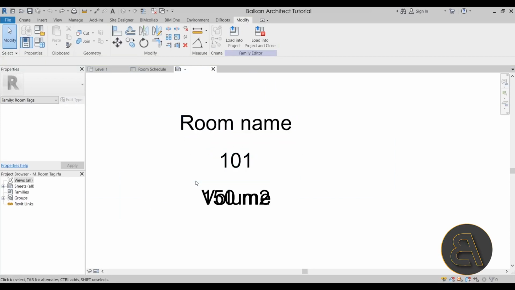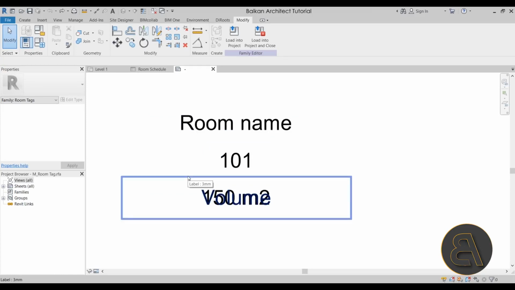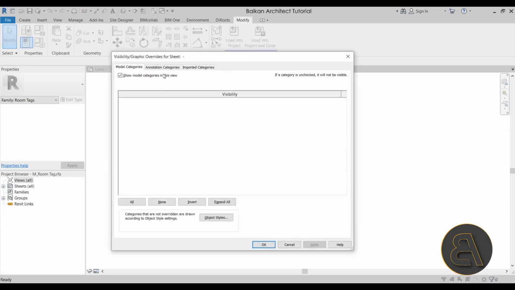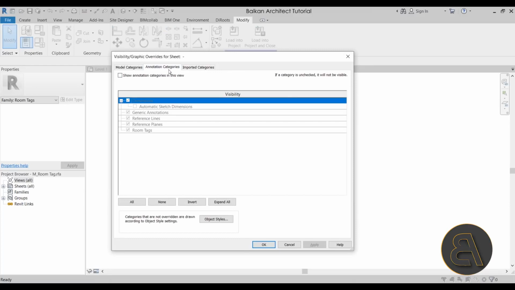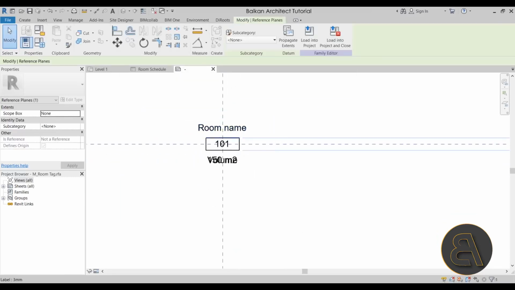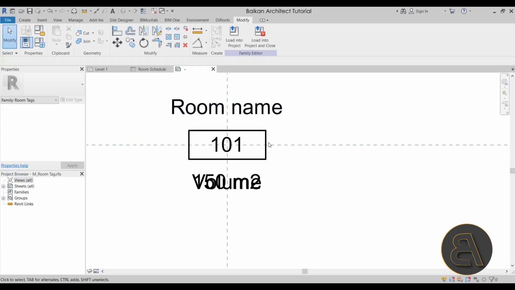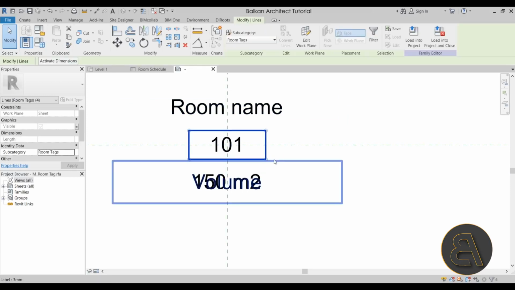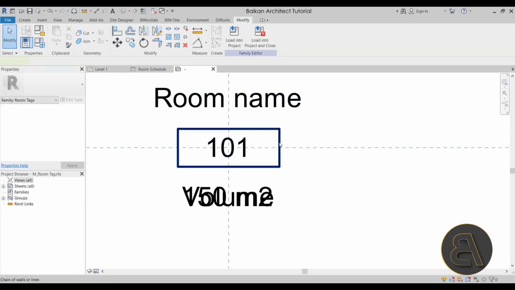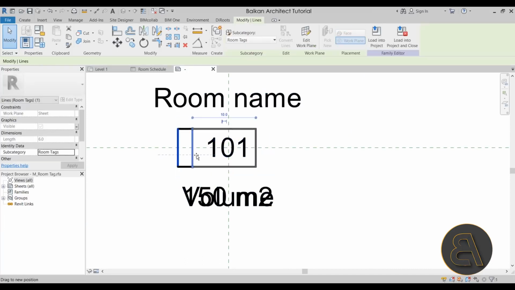Now, in order to see that ugly rectangle and have the option to delete it or change it, what you have to do is just type in VG for visibility graphics, and then here if I select the annotation categories, as you can see, they're turned off. So if I just turn that back on and hit apply, now we can see the rectangle as well as these reference lines, which is perfect. So now you can select that thing and you can either delete it or you can change it in any way. Now I personally tend to either delete it, or I like to make it smaller sometimes